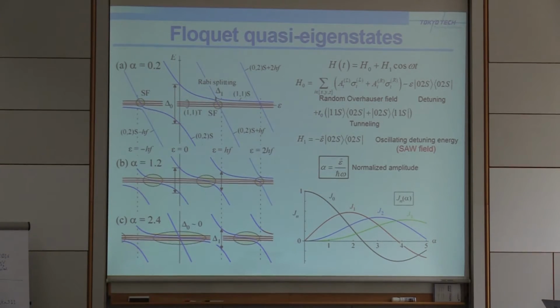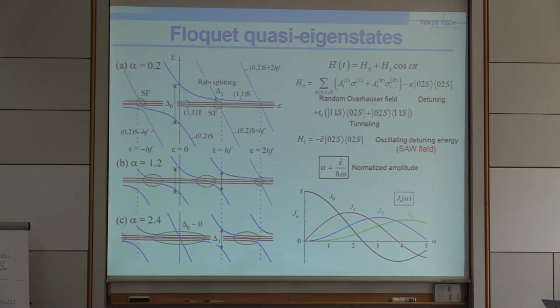In this measurement, the spin blockade phonon-assisted tunneling appears at the crossing of the triplet state with this phonon sideband. So our signal is expected at this crossing. On the other hand, you can also see some finite Rabi splitting in the theoretical calculations. If you increase the power, where alpha is the normalized amplitude of the oscillating potential, the Rabi splitting also increases. As a result, this crossing point